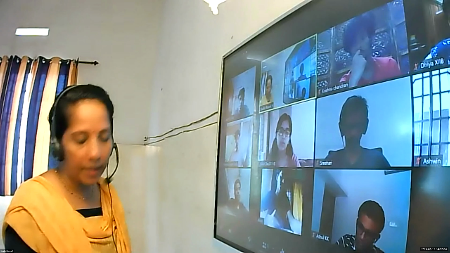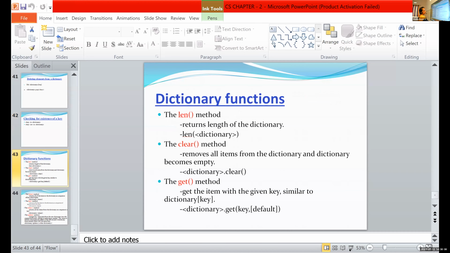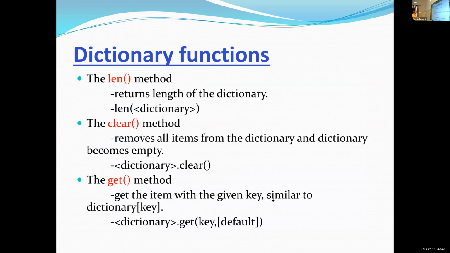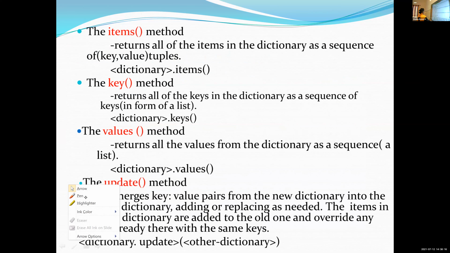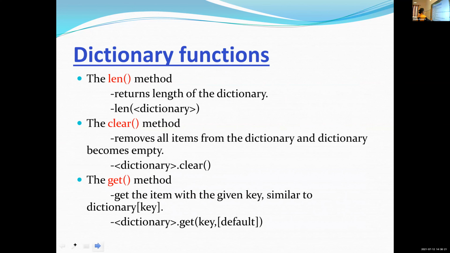Then the next one, it is the get method. Get the item with the given key, similar to dictionary key.